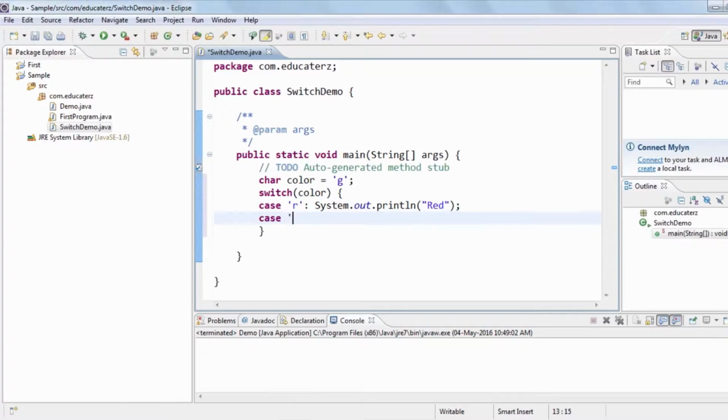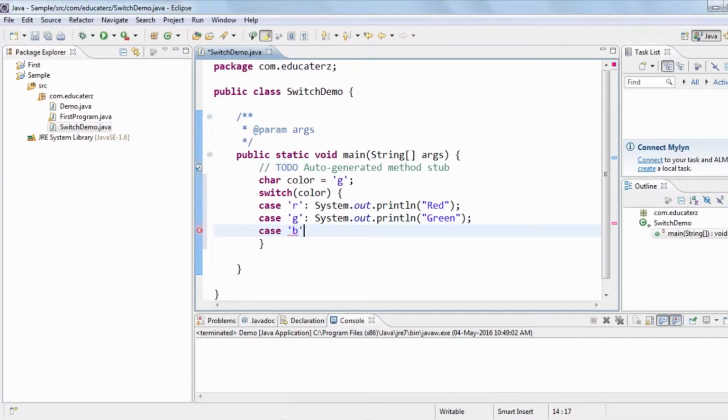Next case, case G, I want to print green. And if it is B, then print blue. And the default is no color.